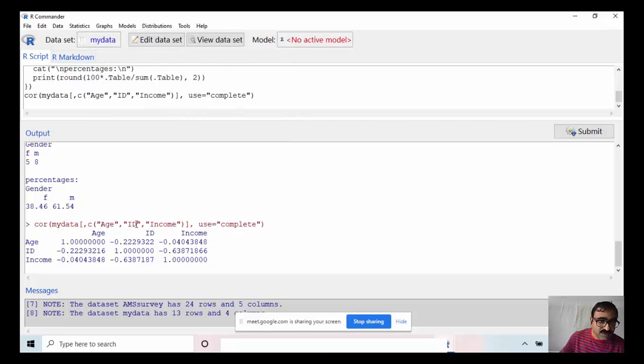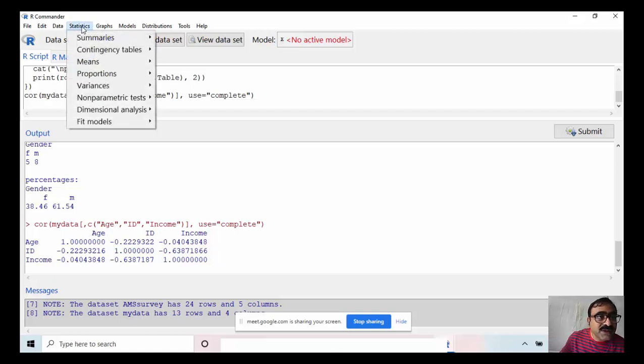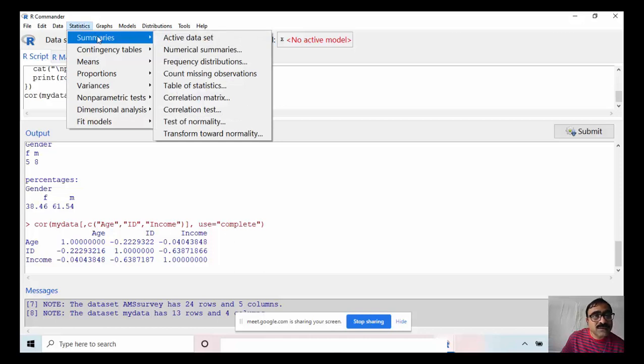So this is the correlation matrix. So it is very precise. And here in summaries, this is the active data set.